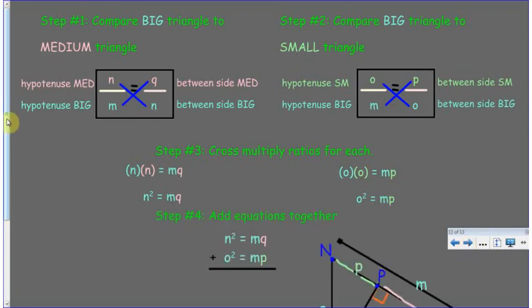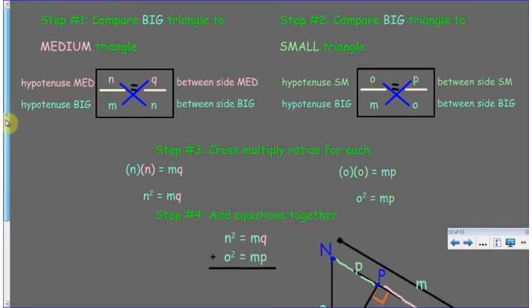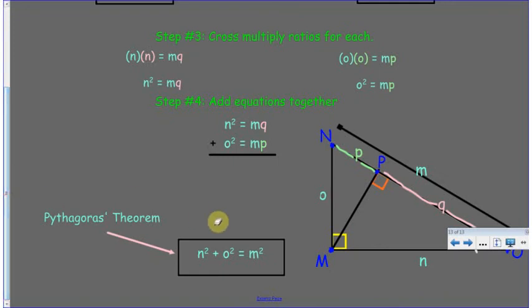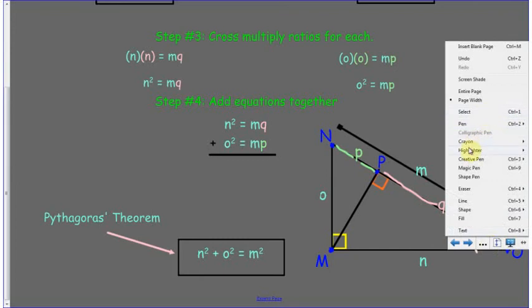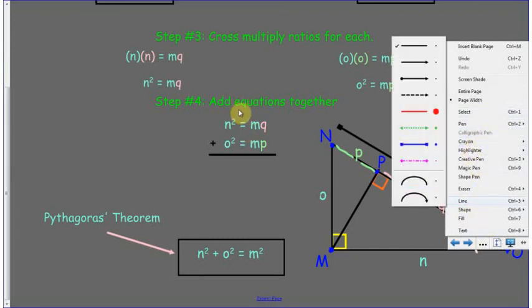Now our third step, oh excuse me, that was our third step. Our fourth step is our final step. As you notice, we're almost to Pythagorean theorem. Just a few steps in between. The fourth step is we're going to add those two equations together. And the reason we're able to do this is because